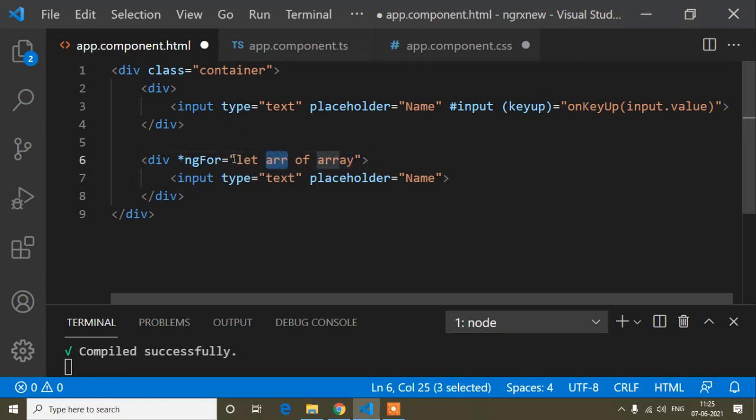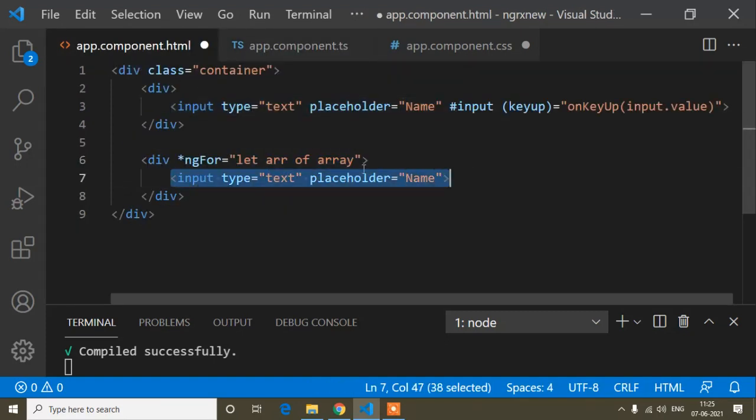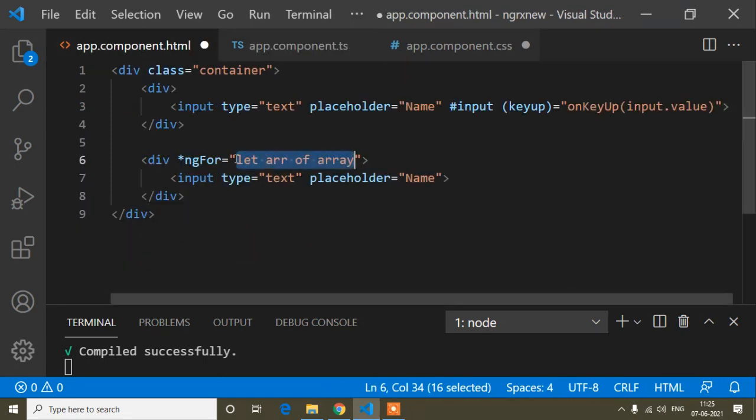So that is just for the binding, I mean that's for binding the for of loop. However many values I push into this array, up to that many values the input will be bound. So here I don't need to bind using curly braces or anything, I have just bound how many times the value will be put here. Suppose if I press 2, at that time I am getting 2 in this array, so the loop will be up to 2, and I will get the input fields up to 2.